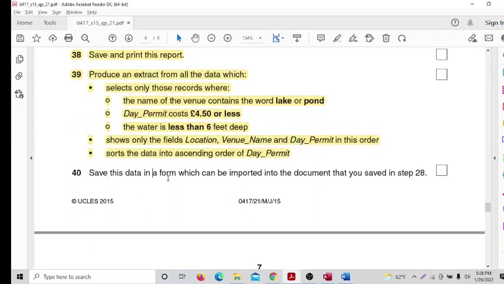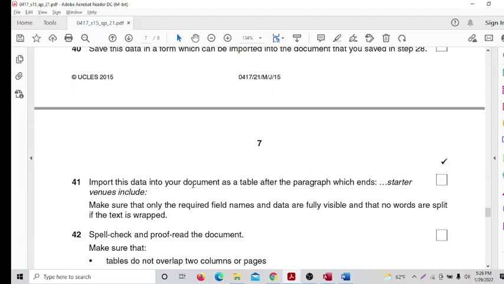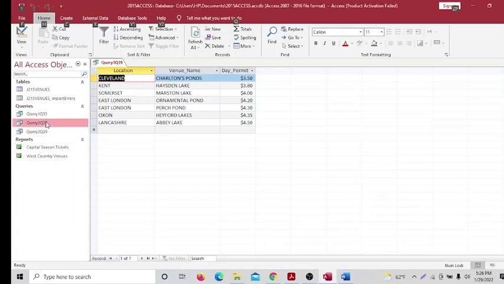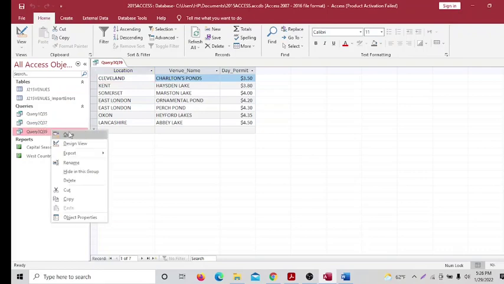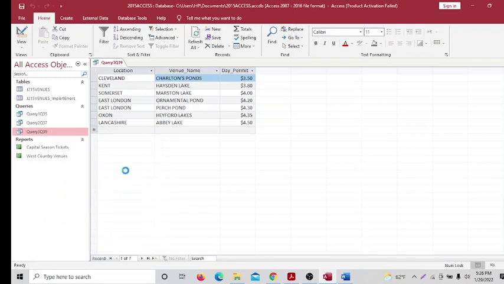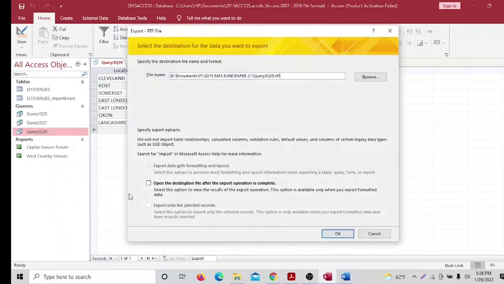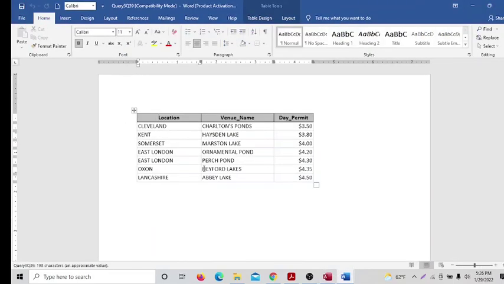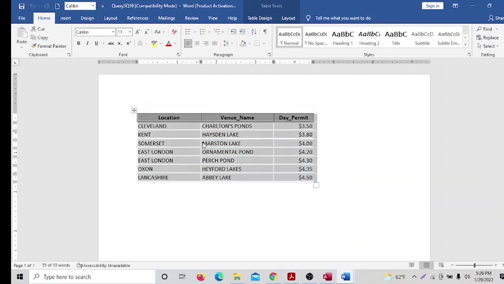Save this data in a form which can be imported into the document that you have saved in the step. Okay, again we have to export this. Here, this is 39. Select, right click, export into MS Word file and open the destination. Yeah, this is the one. Select and